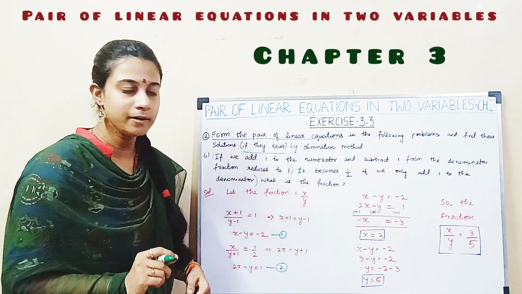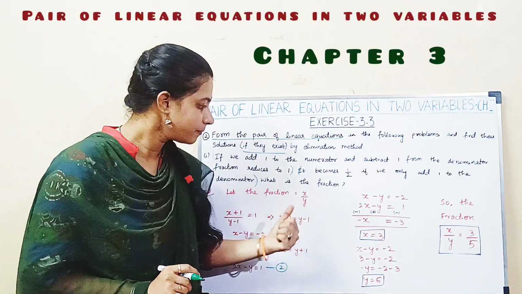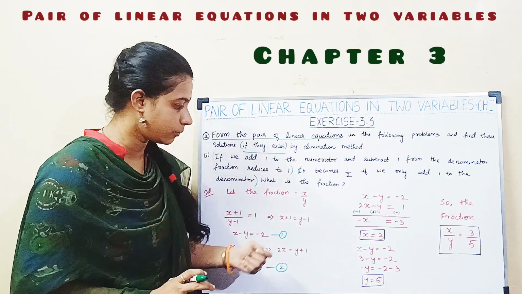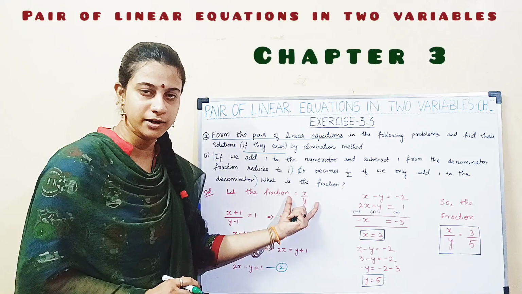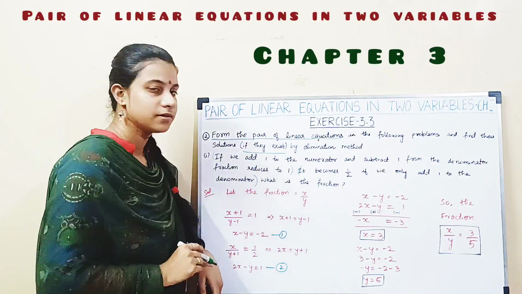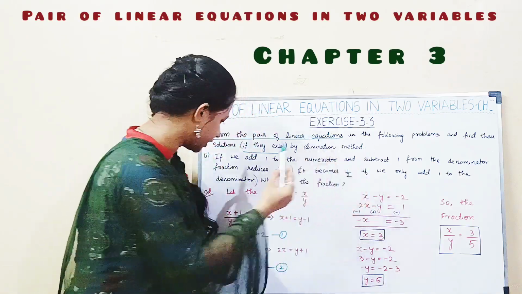In the first step, let us assume the fraction to be x by y. After finding the linear equations, if we find the solutions for x and y, we can put it in the fraction form and give the final fraction. Coming to the first condition, if we add 1 to the numerator and subtract 1 from the denominator,